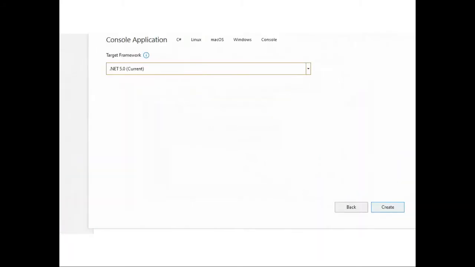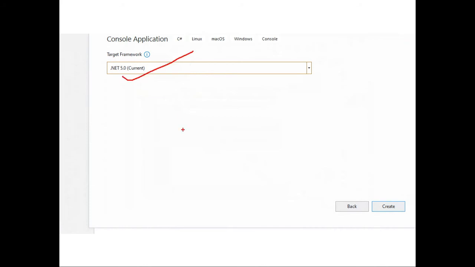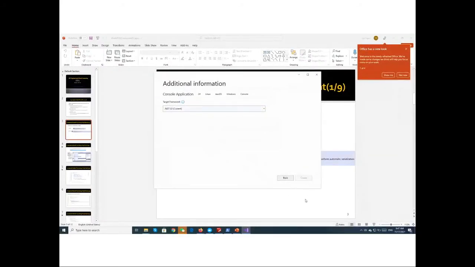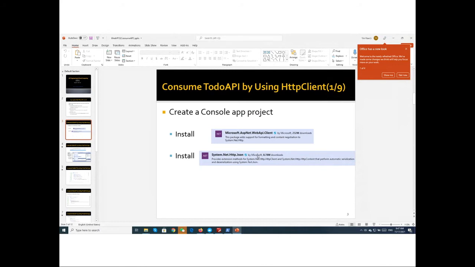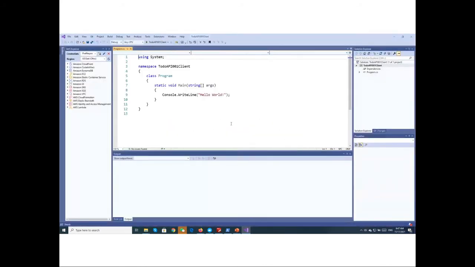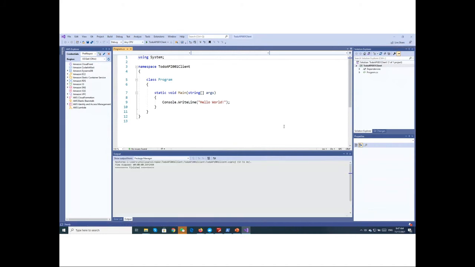Again, for this course the target is always .NET 5. So this is very simple. You did that one in Programming 1, right? And then now, first we need to